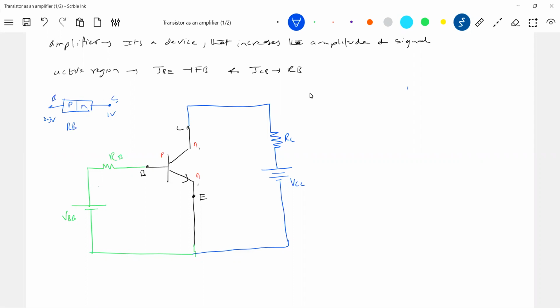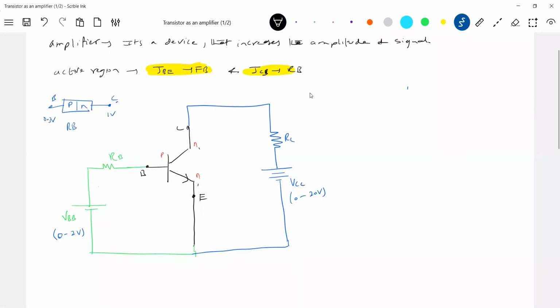The same thing is happening. I'll see that VCC will be greater than VBB. This will be of the order of 0 to 2 volt. This will be of the order of 0 to 20 volt. So definitely the collector-base junction will be reverse biased. Like that, the values of RC, VCC, VBB, RB are so adjusted that first these conditions will be satisfied. Got the idea? In the morning we already discussed the same thing, I'm continuing here.